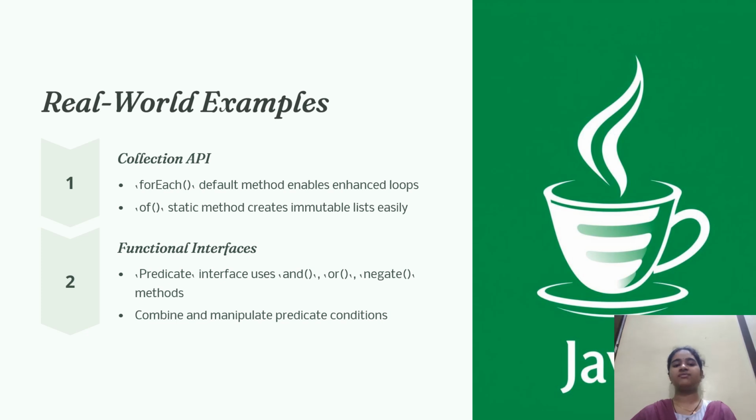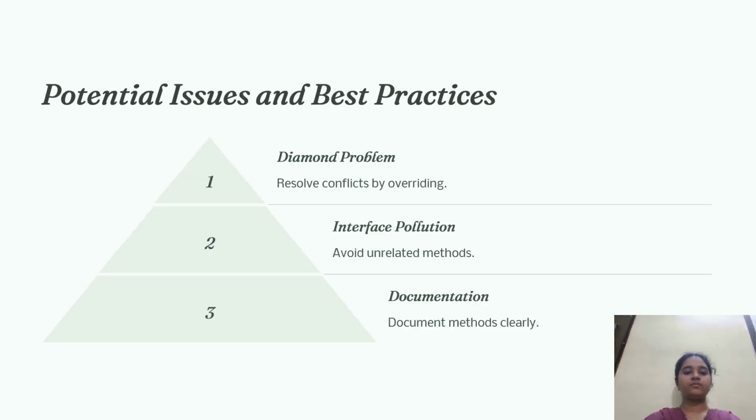Real world examples. Here we give two examples, the Collection API and functional interfaces. Collection API, for example, forEach and of. The forEach default method enables enhanced loops. The of method, a static method, creates immutable lists easily. Functional interfaces: the Predicate interface uses and, or, and negate methods to combine and manipulate predicates. Potential issues and best practices are of three types: diamond problem, interface pollution, and